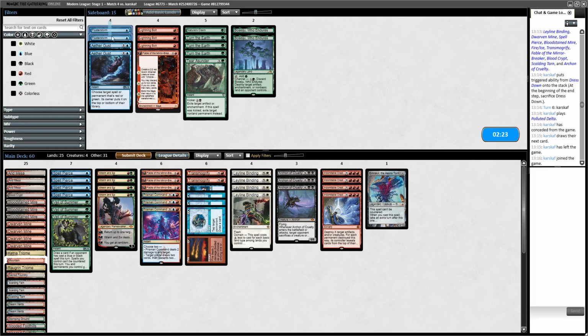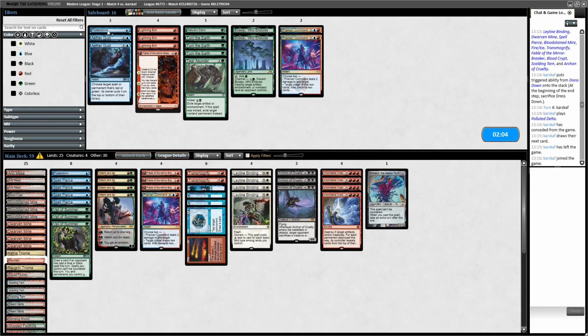I could go Flusterstorms, bring in all the interaction. Is Flusterstorm going to be better than Spell Pierce? Might be. Is Flusterstorm going to be better than Prismari Command? Probably, actually. Let's go with that. Just try and, you know, hold up our 1 mana. And yeah, we just bring in all of our 1 mana interaction